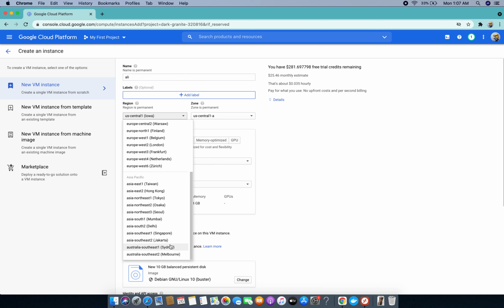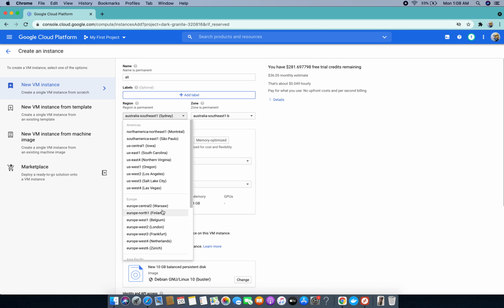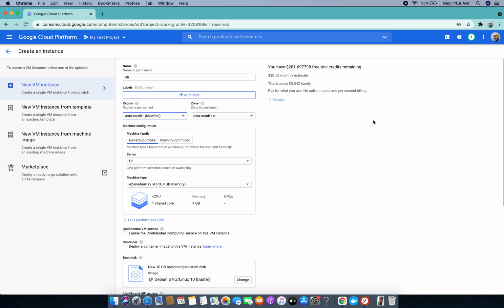I want it in Sydney, or I can select Mumbai, because I live in Pakistan and Mumbai is the nearest possible location. So I will get low pings. Low pings mean higher speed. So select the closest destination possible.